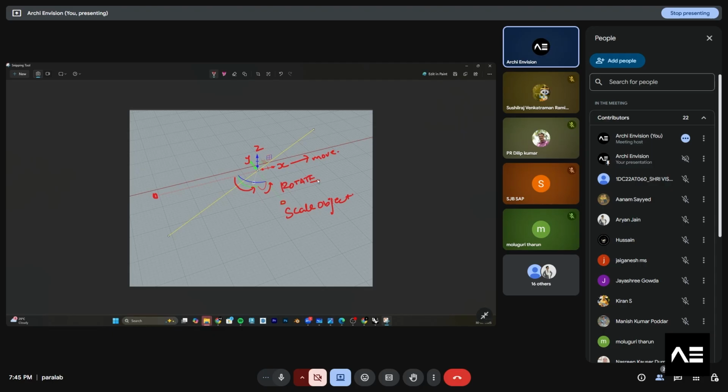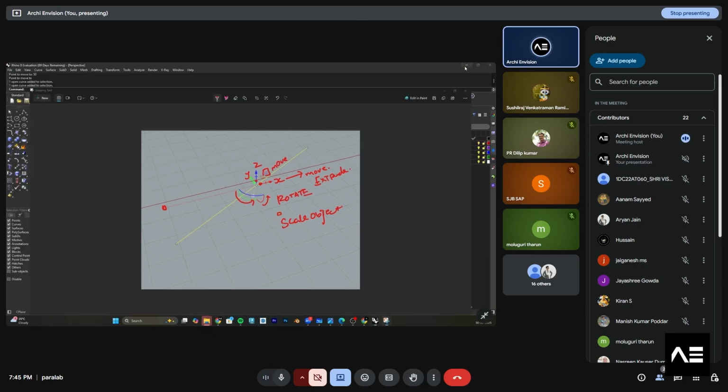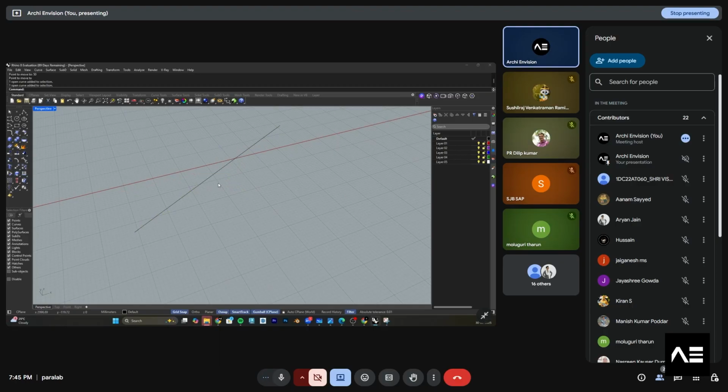And there is a dot. This dot is to extrude the object. That means it will keep on extruding. Let me show you how it happens. And there is a plane over here which is used to move it using the axis. I'll show you. So these are the things you have to know on the gumball.